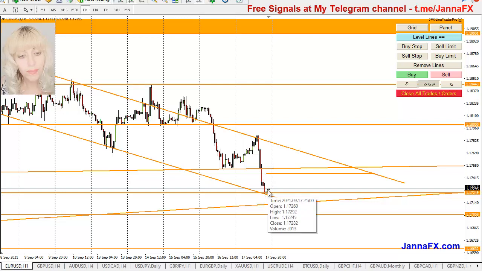So what I want to see here, I wouldn't go for buys yet or sells, because from here you see to 117 is a very small distance, about 20 pips or something, and also a lot of stops on the way. So that's why I really want this to go for a bit of a correction.